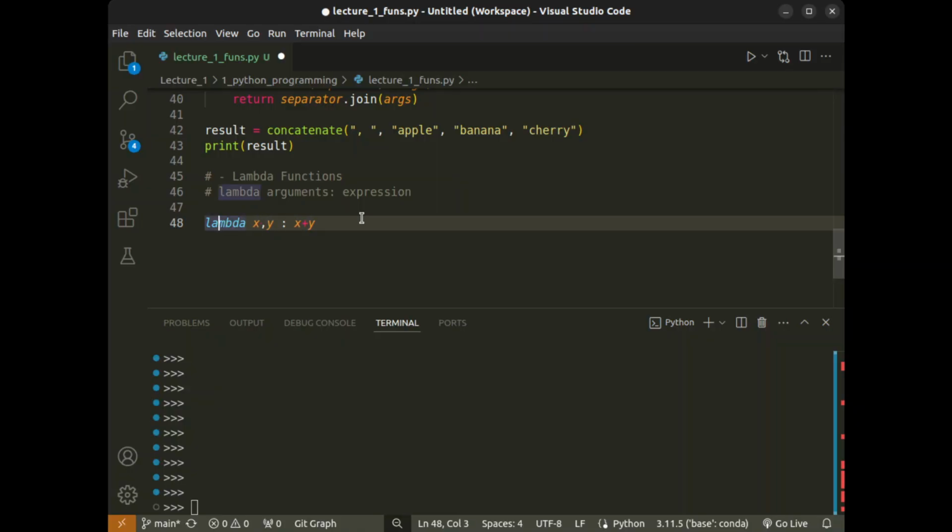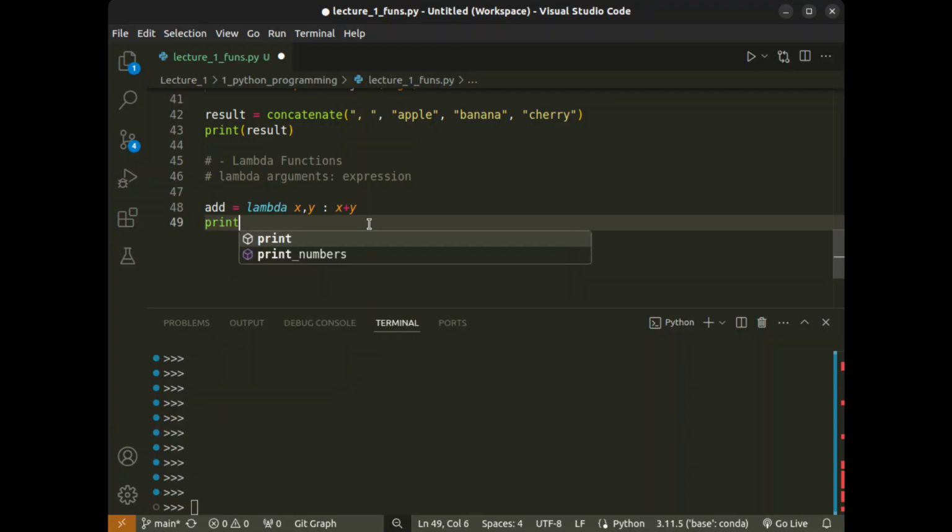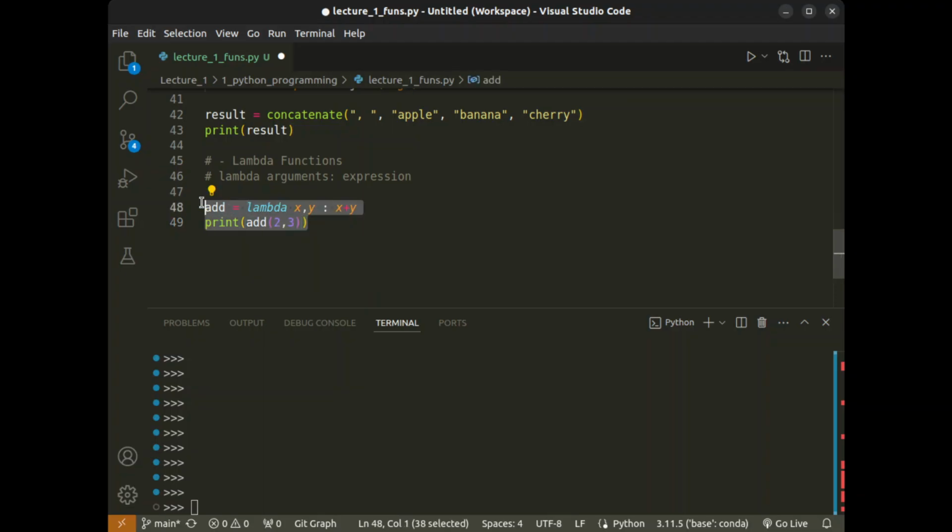And let's put it add is equal to, and that's how you put a name for it. So add 2 and 3. If I run that, it defines the lambda function with 2 inputs, and I call the function add, and